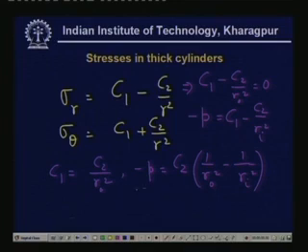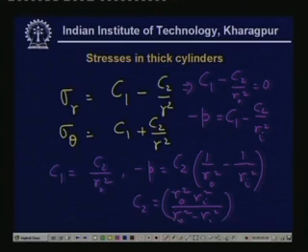So when we calculate C1 and C2, from these expressions we can get C2 in terms of R0 square Ri square divided by R0 square minus Ri square times P, and C1 is this divided by R0 square. So when we use those expressions, then ultimately for that case we get the following relationship, that is